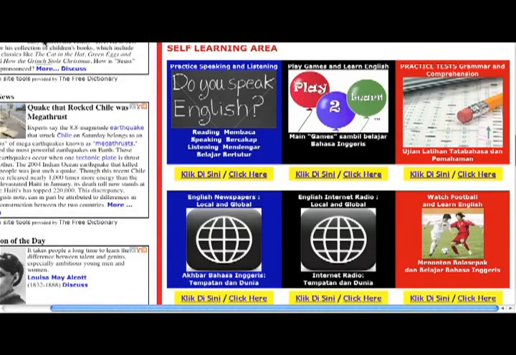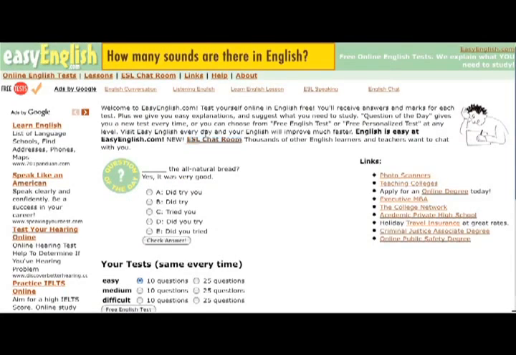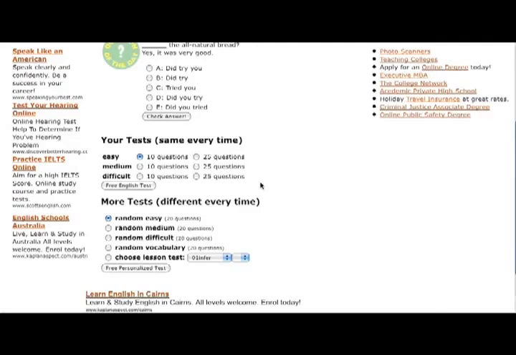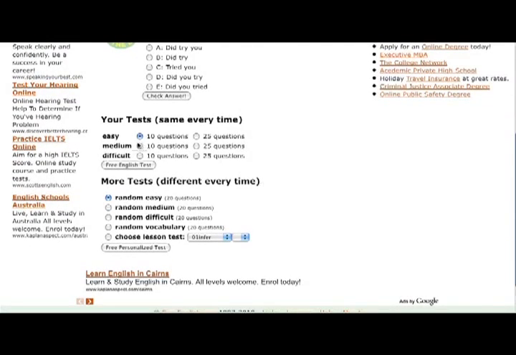The third part of the self-learning area is the practice test area. And the practice test area is really simple. All you do is you click on it, and you end up here at easyenglish.com. Here you can do and repeat tests to perfect your score. So for example, let's try an easy test with 10 questions. You just click on this,